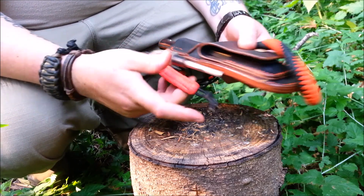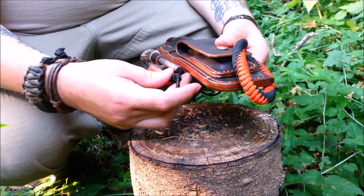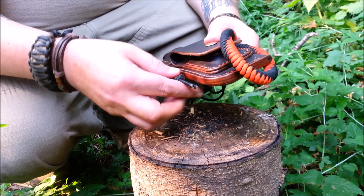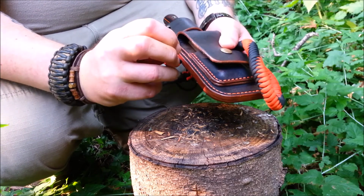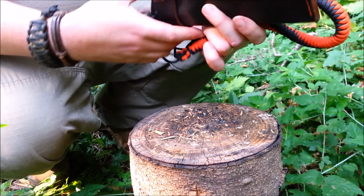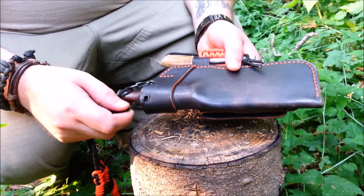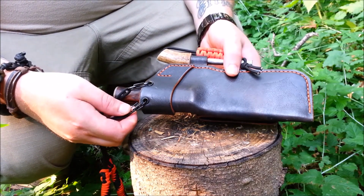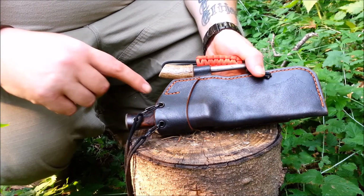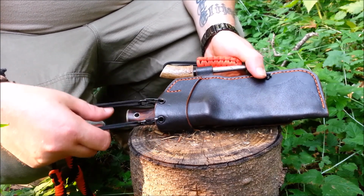So fast forward to Justin Wolfe. When I asked him to make the sheath for me, he asked me to send him the lanyard, because the lanyard had a special way it connected. These are the Night Eyes S-biners, and what Justin did was put two eyelets in so I could attach the S-biners to